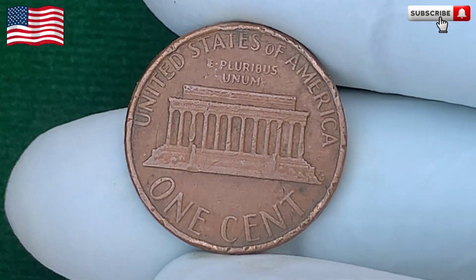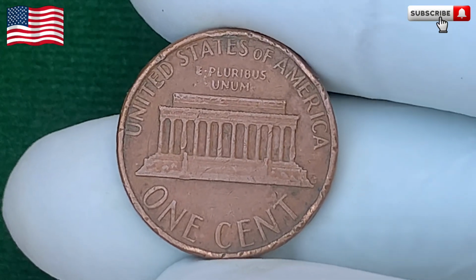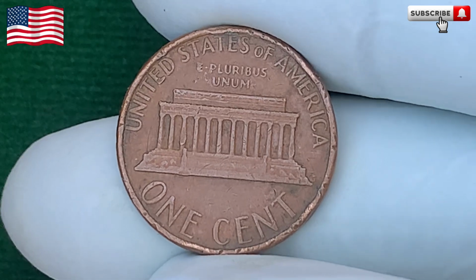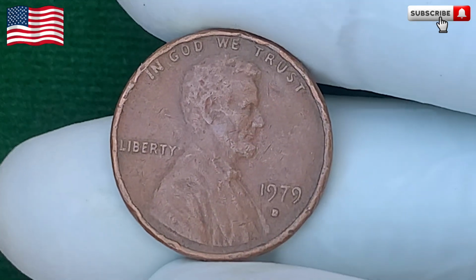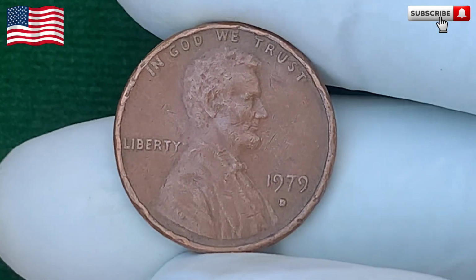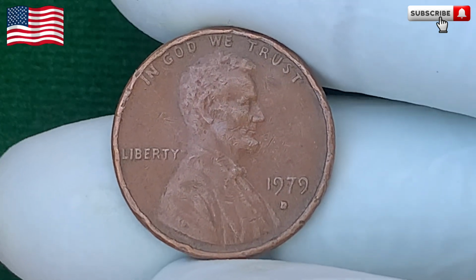Now, you might be asking yourself, what makes the 1979 Lincoln penny so special? While most 1979 pennies are fairly common and don't carry much collector value, a specific version of the coin from that year is attracting attention from collectors worldwide. The 1979 penny, with its unique mint mark or a rare feature, stands out as one of the more desirable